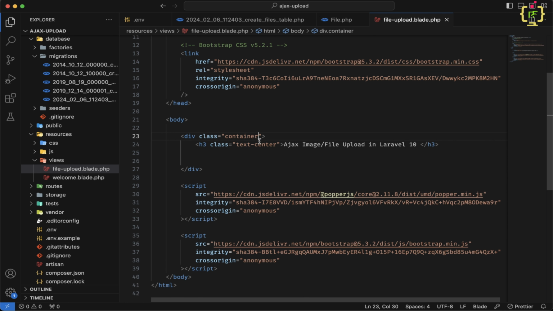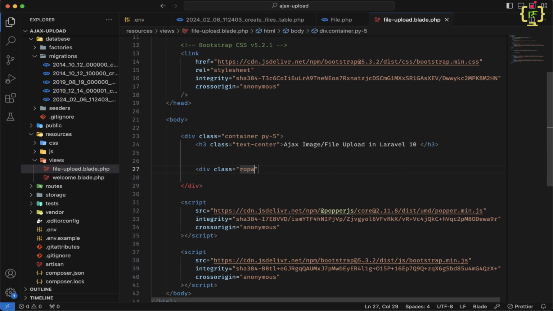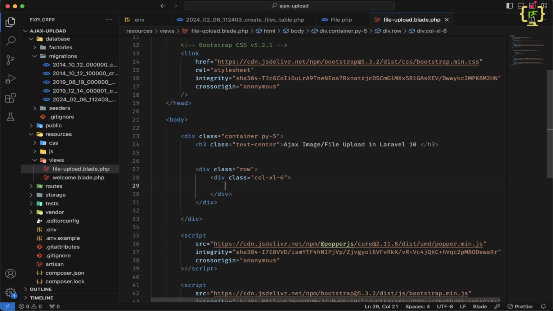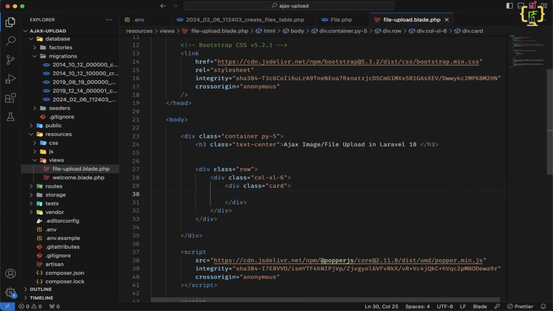Alright, and here we will give some space from top and bottom, so I will give padding y of 5, and then I will create one row and column of 6. Inside this column I will create one card, and inside this card we will have this card header and card